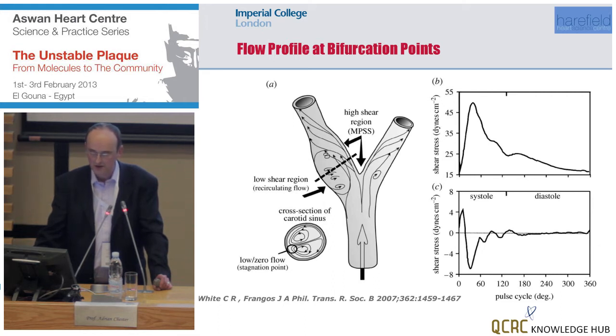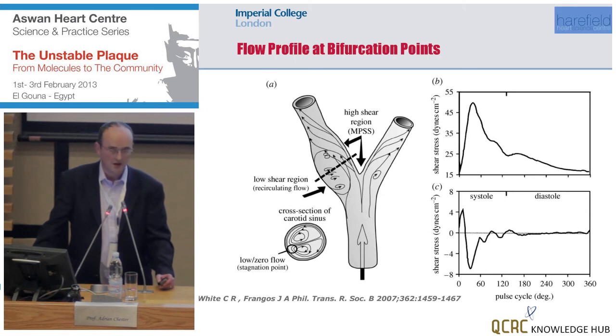The shear stress on the inner surface will be high, with a peak with the pulse of the blood, which then reduces until the next pulse wave comes forward. However, on the outer surface we get much less shear stress, and we get a forward and a reverse flow. It's these areas that have been shown to be the areas in which atherosclerosis